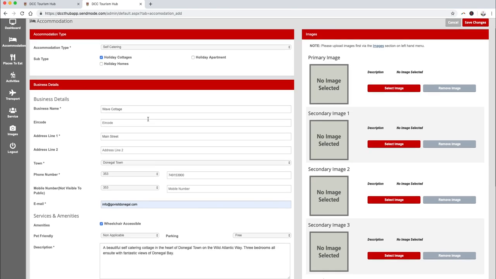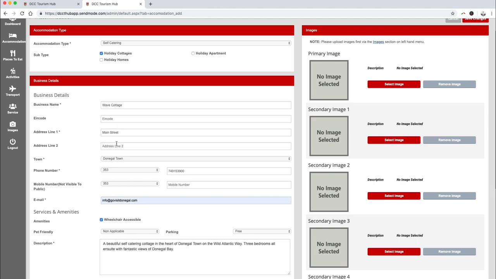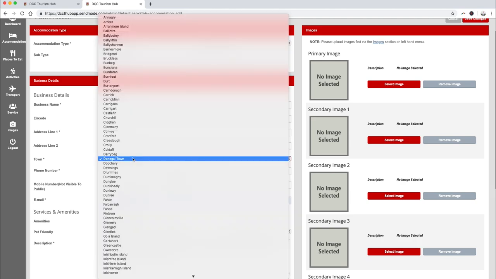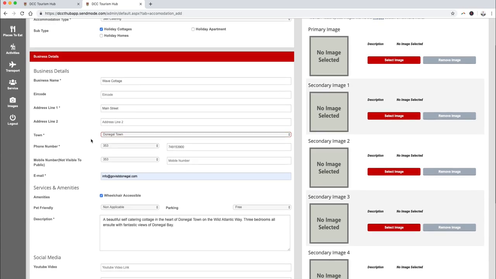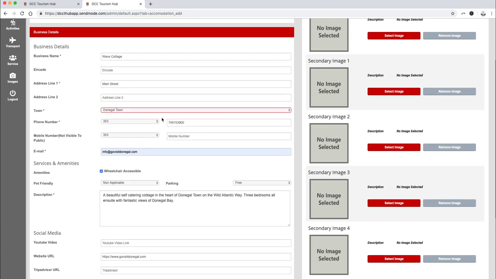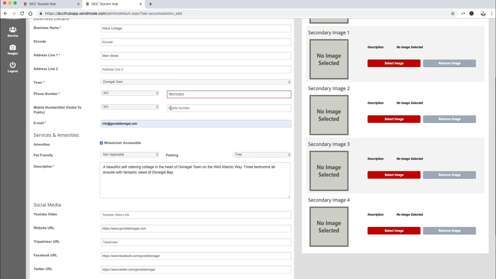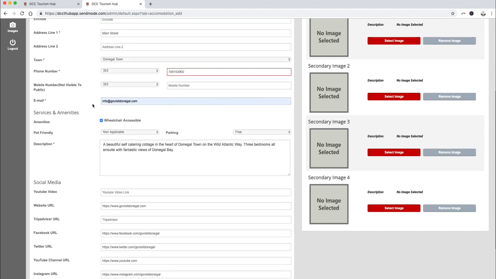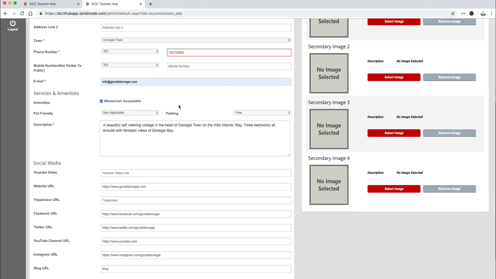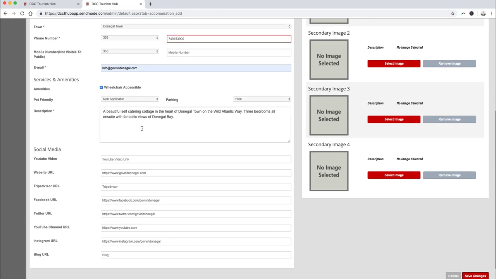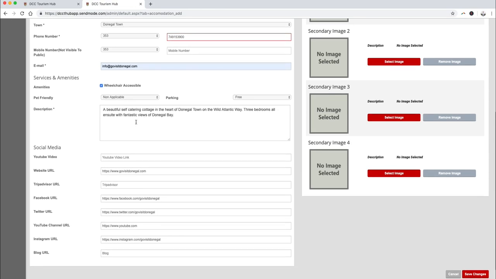There is our name, the address, the town that you can select from a drop-down menu, your telephone number. This is a compulsory box, and please make sure that your phone numbers have an international format. Therefore, you have to just drop the 0 before 74 or before your mobile number. Then we go down to your email address, choose your amenities depending on what service you provide, and then down